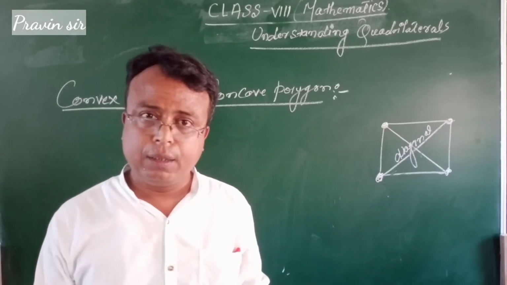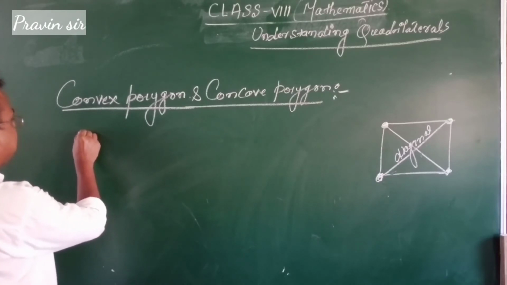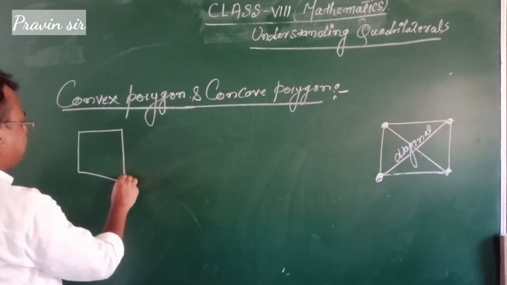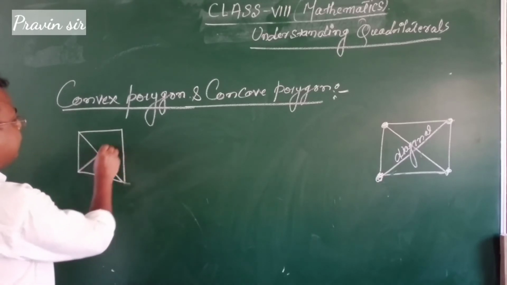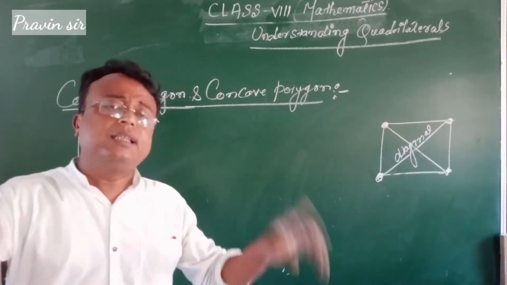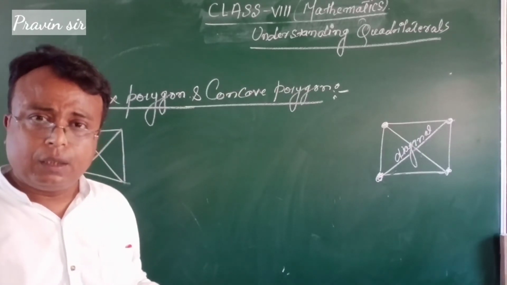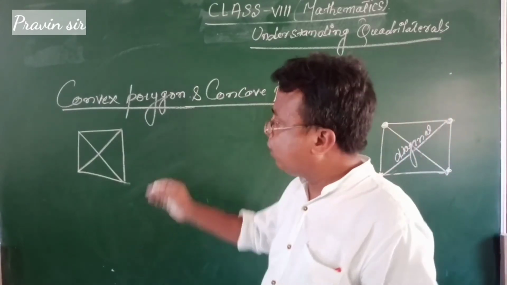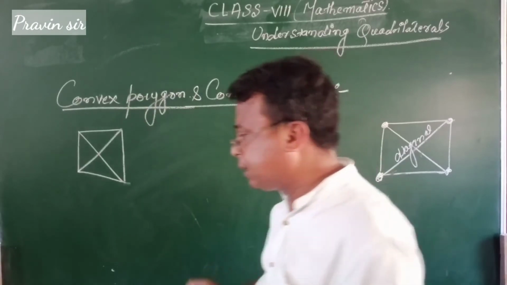Are you getting what I am saying? Now you see here. Now here I will draw this diagonal, this diagonal. Now you see these 2 diagonals lie outside the polygon or inside the polygon? Definitely all the diagonals lie inside the polygon. जो diagonals polygon का अंदर में ड्रॉ करने से polygon का अंदर में ही बैठता है, उस polygon को हम convex polygon बोलते हैं.